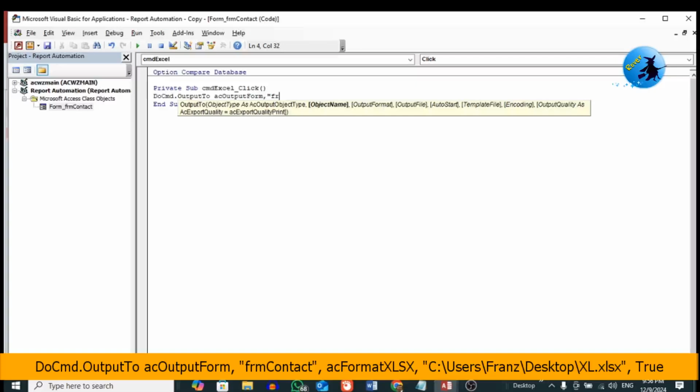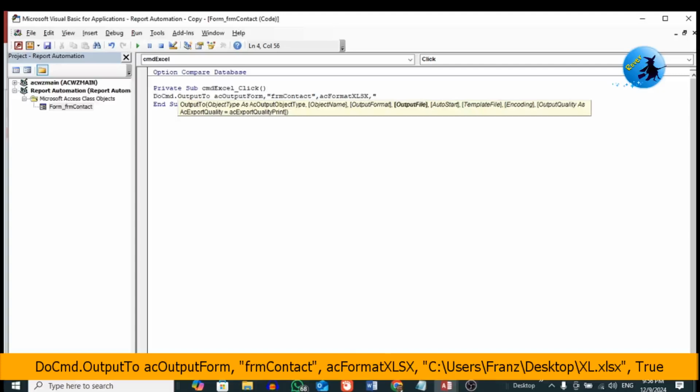So here my continuous form name is FRM Contact, then acFormat. So our acFormat is acFormatXLSX, then comma, after that you need to give